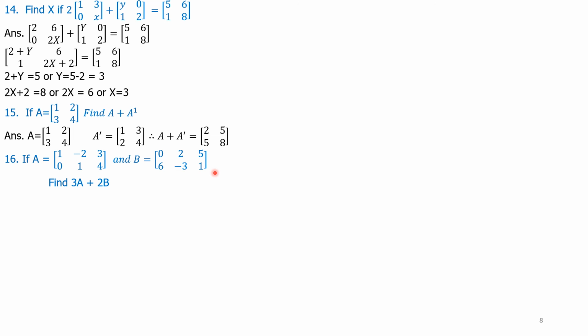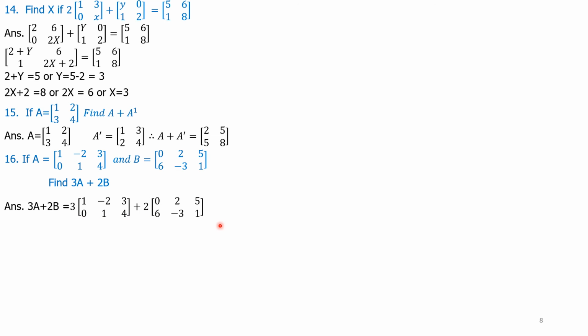Now we are required to find 3A plus 2B, where A is a matrix and B is also a matrix. The factor 3 is a scalar. Similarly, the next factor 2 is also a scalar. We have to first form a scalar product and then add them. Answer 3A plus 2B. So 3 into A. We have written matrix A as it is, plus 2 we have written, and matrix B we have copied. This is nothing but 3A and 2B.